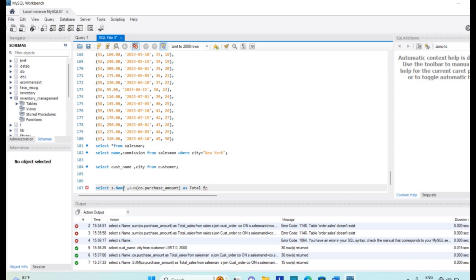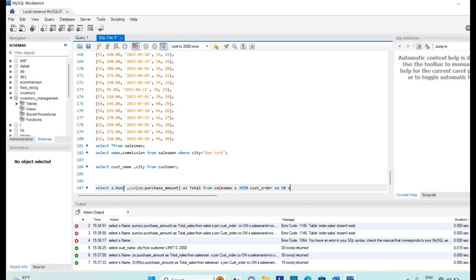We have two tables. One table is salesman, for which we have created a shorthand S, join customer order, for which we have created shorthand CO. I have mentioned it wrong here, it is customer underscore order, CO.